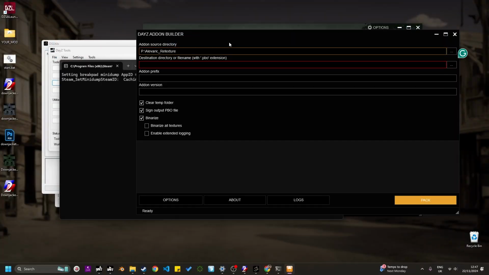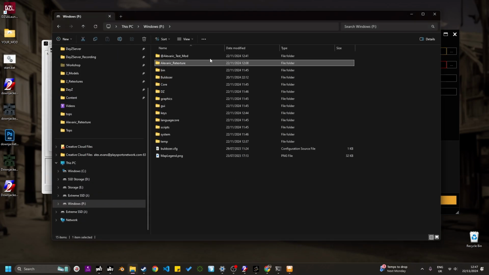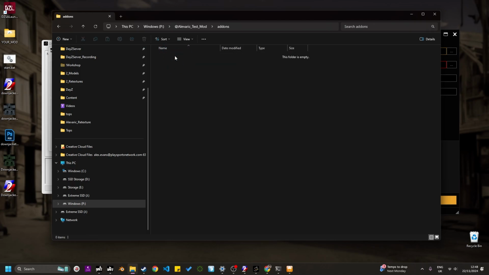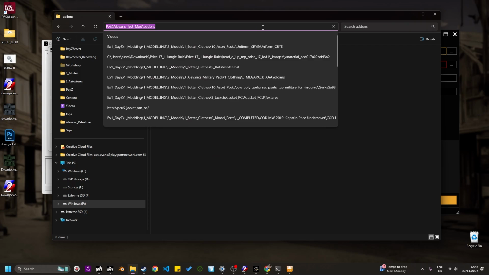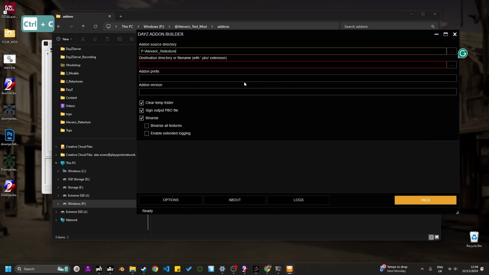And now we need to do something similar for our destination directory. So if we go back to our P drive, this time we're going into our mod, which is our @alavaric test mod, and then into the add-ons folder. And this time we're just going to click on the file path, Control C to copy, and then paste that